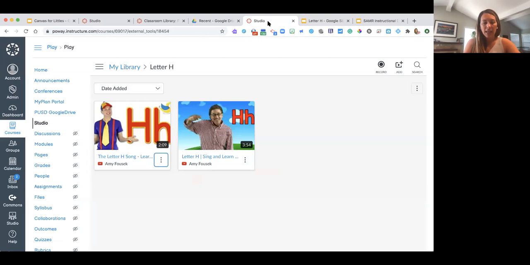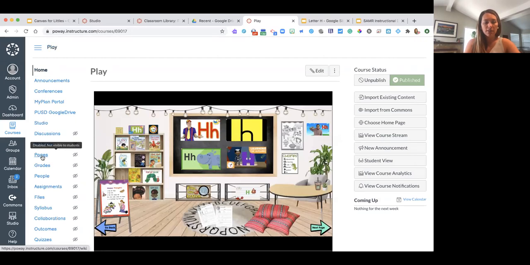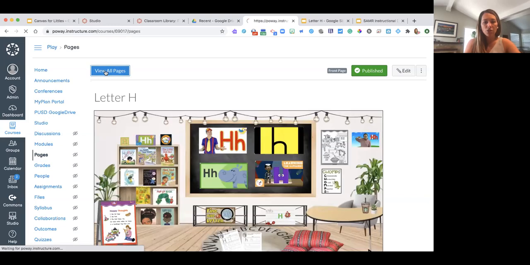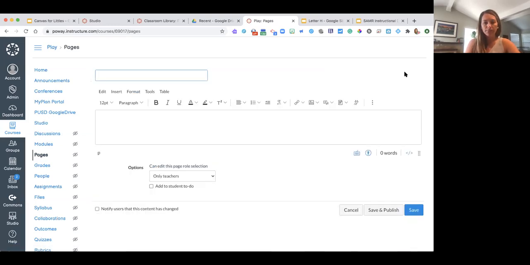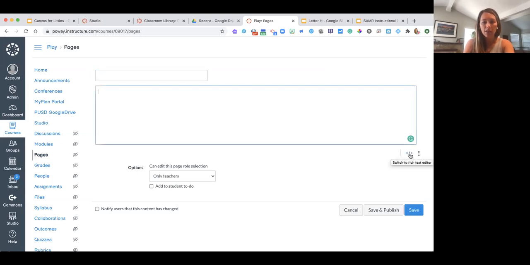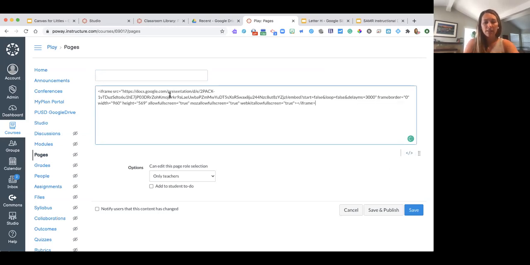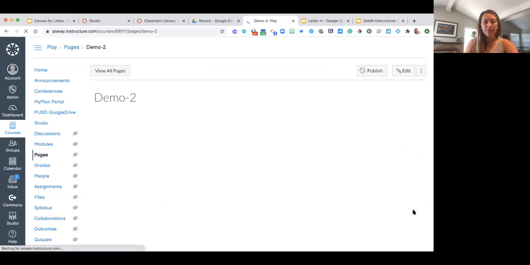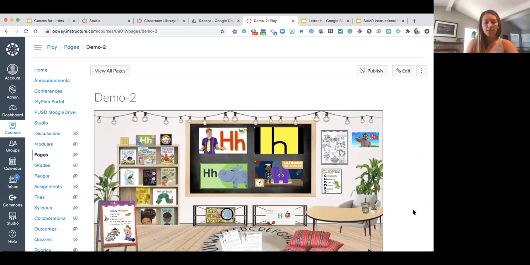I'm going to go back into Canvas, okay? And I want it to be a page, so I'm going to go to my pages. I'm going to click View All Pages so that I can start a new page. If you have the new rich content editor, which I have right here, you're going to click on what looks like a greater than, less than sign right here. Do you see this? You're going to click there. I'm going to just paste that code in, and I'm going to name this really quick. I'm going to hit save,